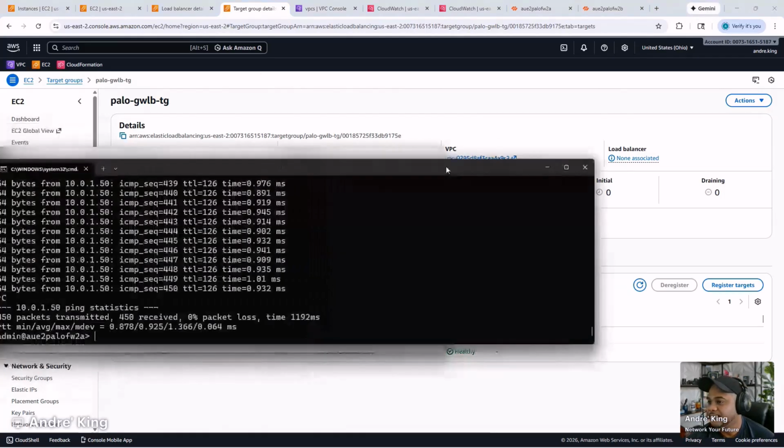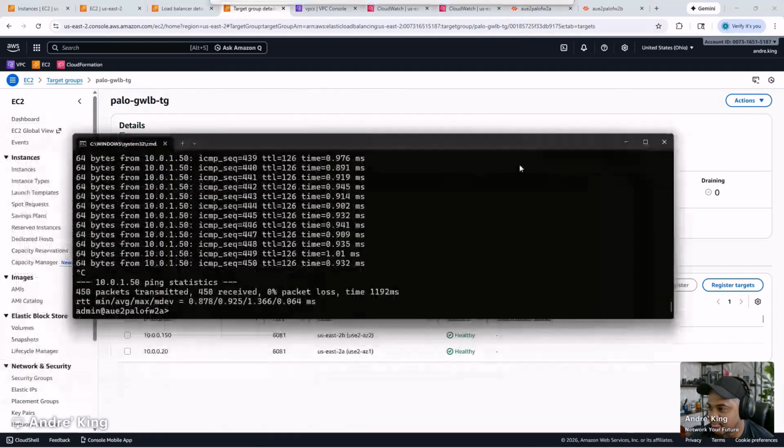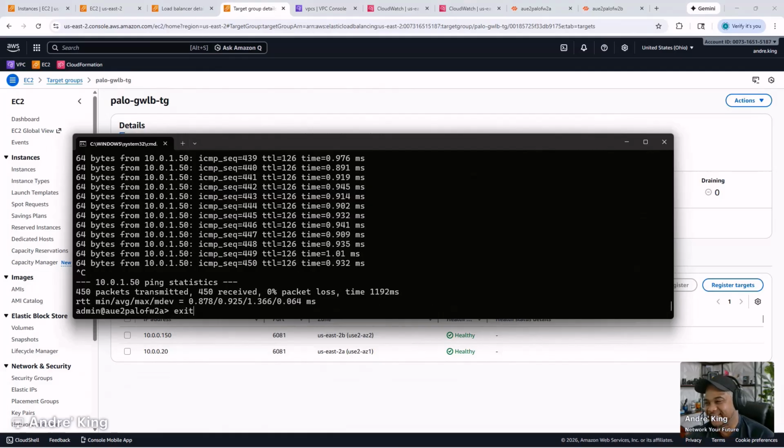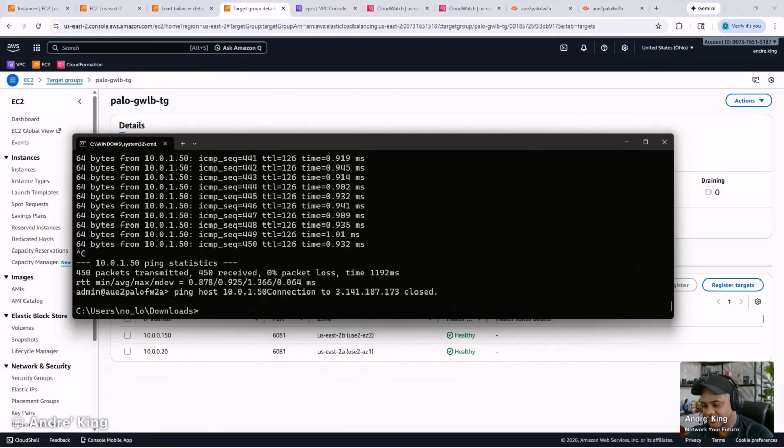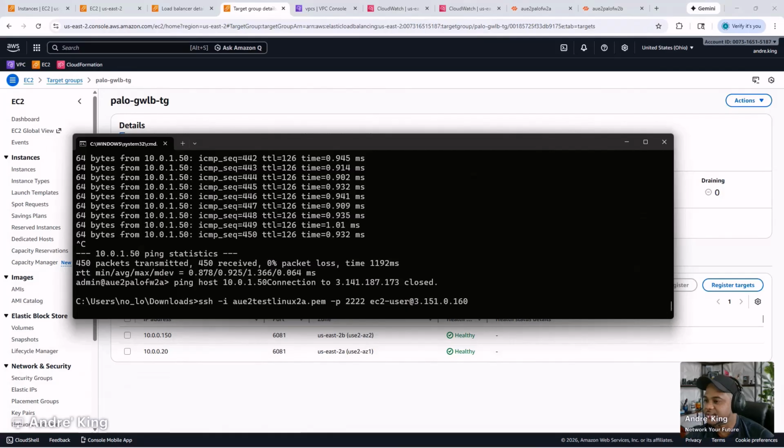Now we need to actually SSH into our box. I mean, we could skip the step and put SSM agent and just connect, but I kind of don't want to do that because it's to accomplish what we needed to do in the video. It will get us there, but if we encounter a problem, I kind of like to fix it, even though this isn't production. So all right, let's go. Oh, that's right. We need to get out of the firewall control. There we go. All right, so we need to be able to SSH